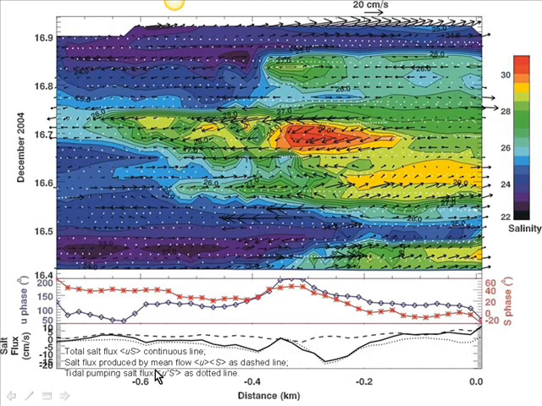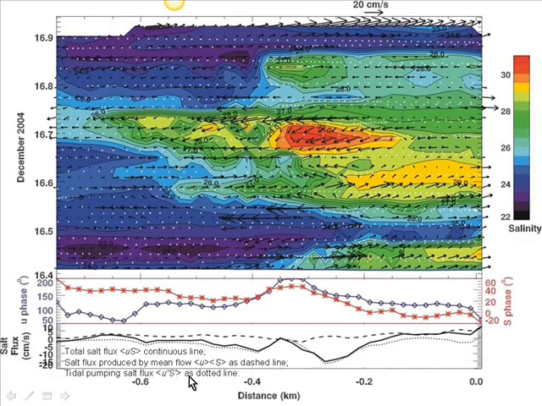and then if you calculate the salt flux produced by the mean flow, that's the dashed line, and the tidal pumping salt flux, which is the tidal variations, the covariance between the tidal flow and the salinity tidal oscillations,